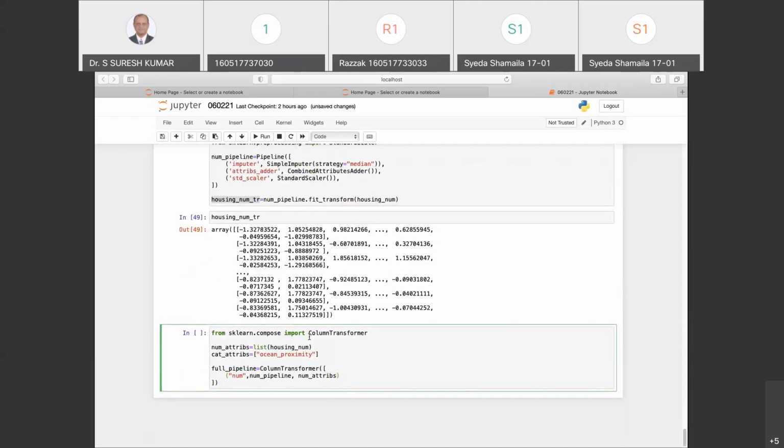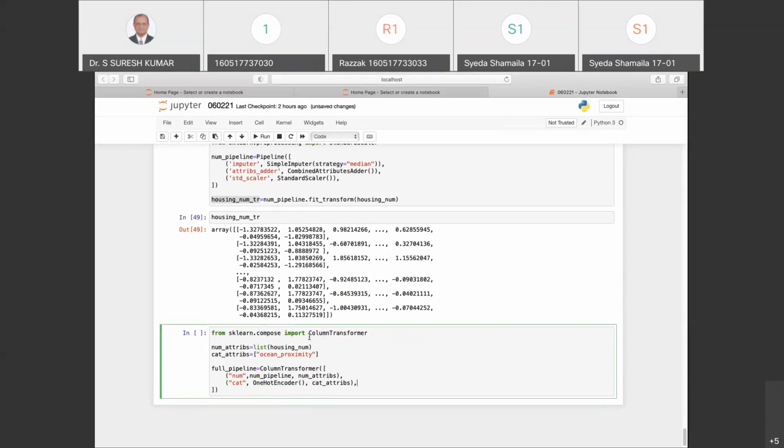And then I would also take my categorical attributes, and please remember, to convert a categorical attribute to a numerical attribute, you use a one hot encoder. So I'll call this OneHotEncoder, and I would say my cat_attribs.